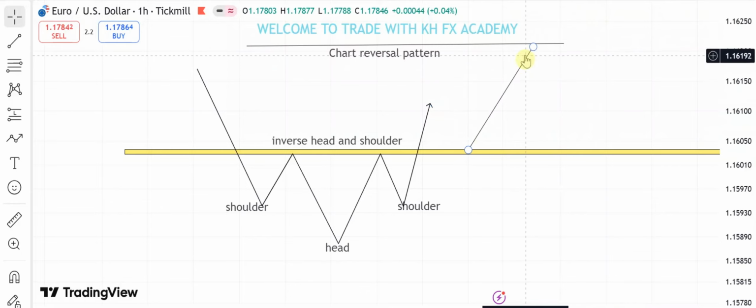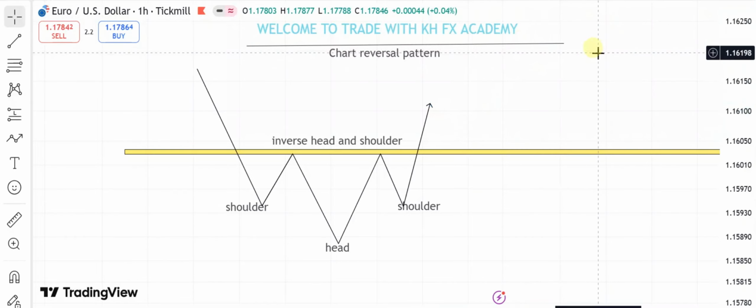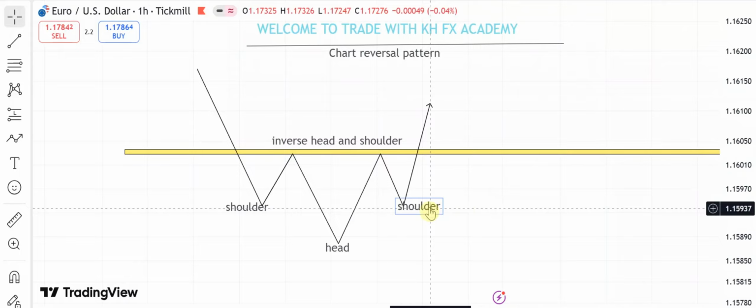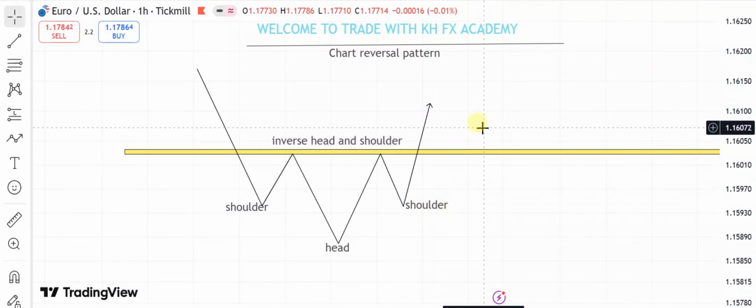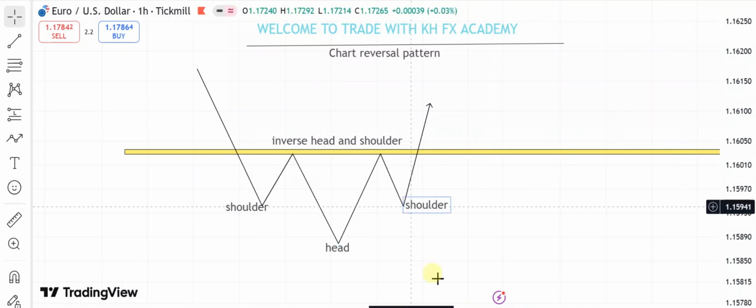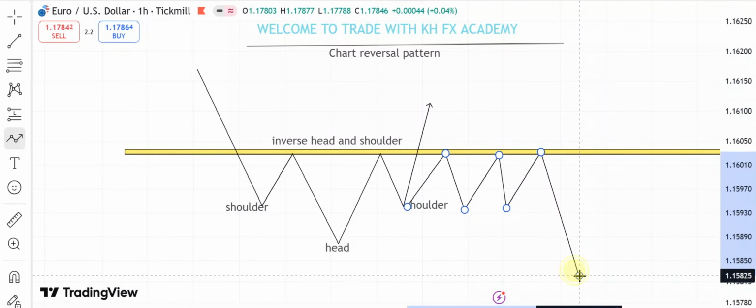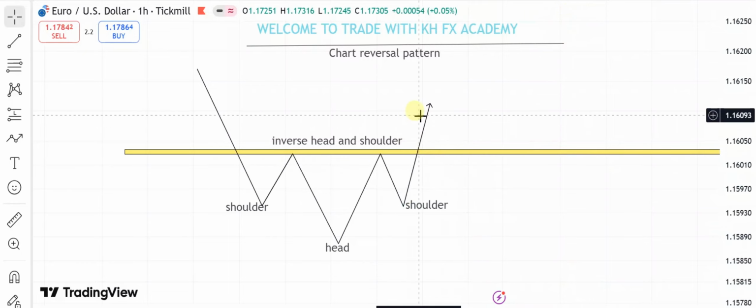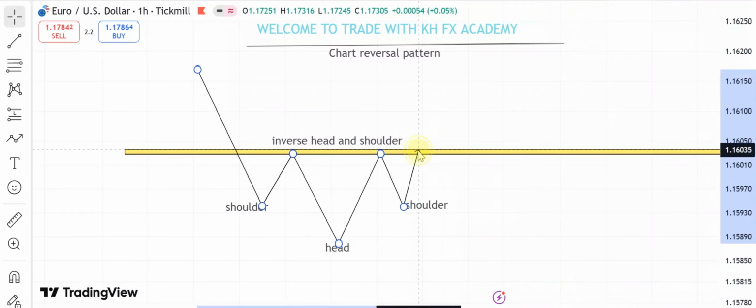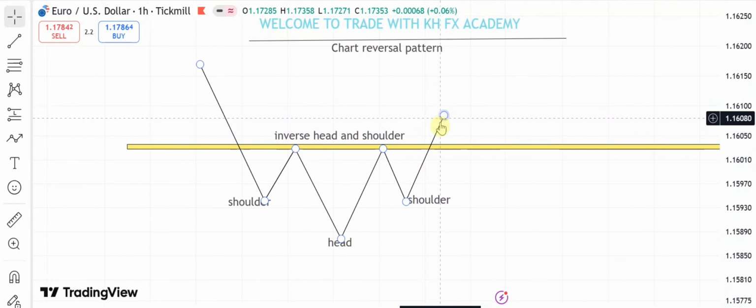earlier, when you see a chart reversal pattern, that is not a criterion for you to start selling or buying immediately. There must also be a neckline breakout, a resistance breakout, which is the neckline breakout. You see something like this head and shoulder, the market might also decide to range a bit within this neckline and continue selling again. That is when you need to be patient and wait for this neckline here to be taken out, which is the breakout